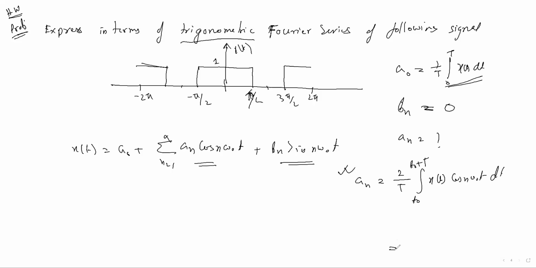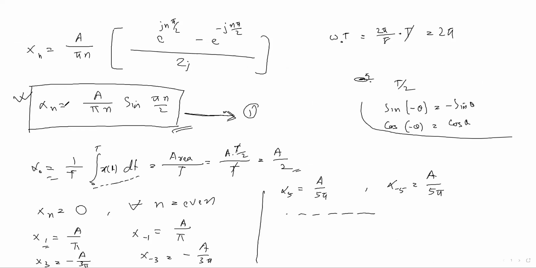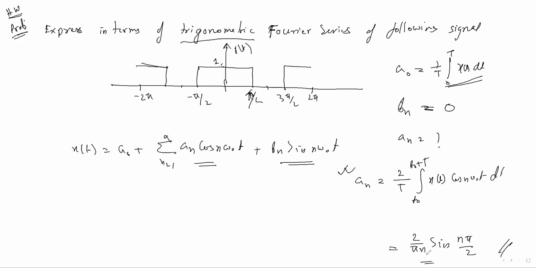The value you'll get, let me give the answer: cos pi n, sin n pi by 2. I have already solved this in the previous problem. Just go through it and try to solve this, because this equation and the exponential signal I gave had a similar waveform. Here A is there, but in this waveform I am not giving the A, only one is there. That's why this has come. Just solve. If you are unable to solve, let me know.